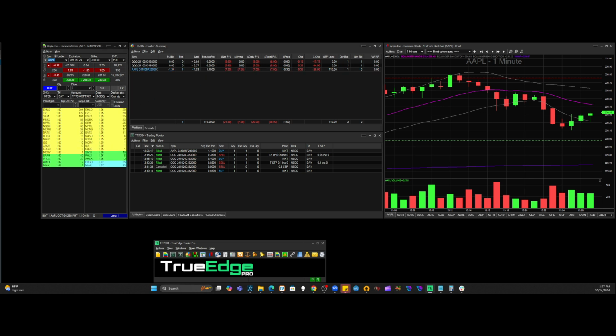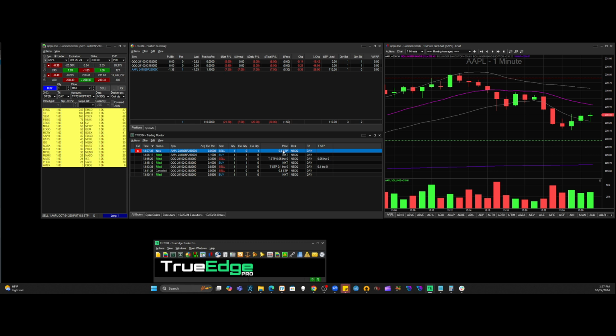So I would just do it like this: 90 cents, choose a stop, and hit sell. And now I've got a stop loss at exactly 90 cents. So if the option's price value goes down to 90 cents or below, then I'll have an exit triggered to get me out at a loss, right? And if I were to use a trailing stop, of course, I would choose whatever is appropriate and go from